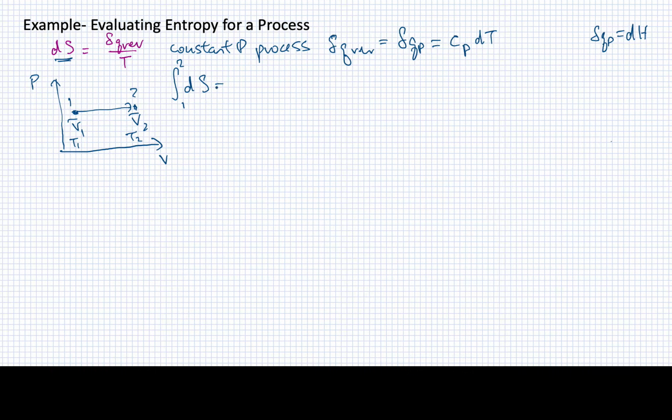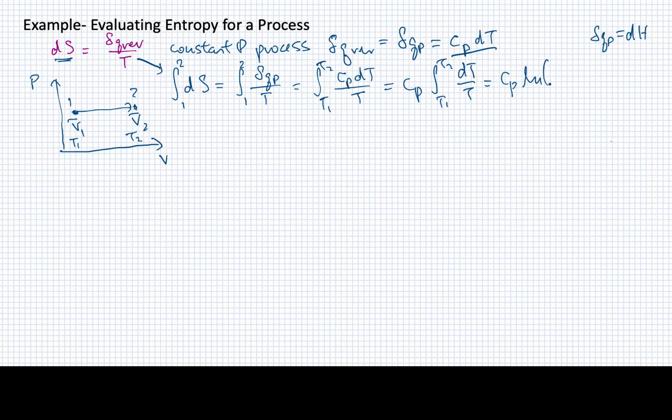Now when I write down the expression for my differential change in entropy, it's going to be an integration from point 1 to 2 of our constant pressure heat differential divided by temperature. I've seen that this can be equal to this, but I'm going to do it from temperature 1 to temperature 2, Cp dT over T. We're going to assume that the constant pressure heat capacity is relatively constant for this process, so we'll bring it outside the integral, and that means we again have this really simple form of an integral that just gives us Cp log of